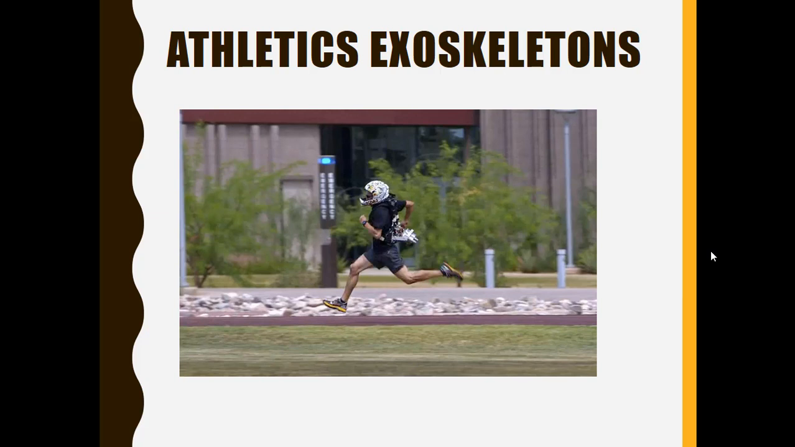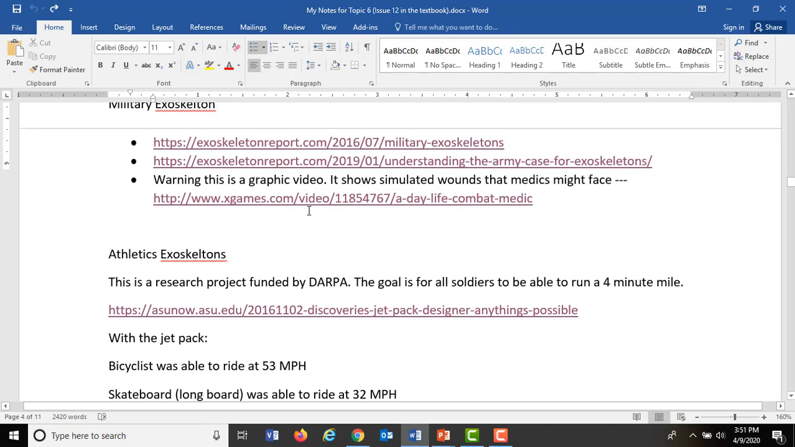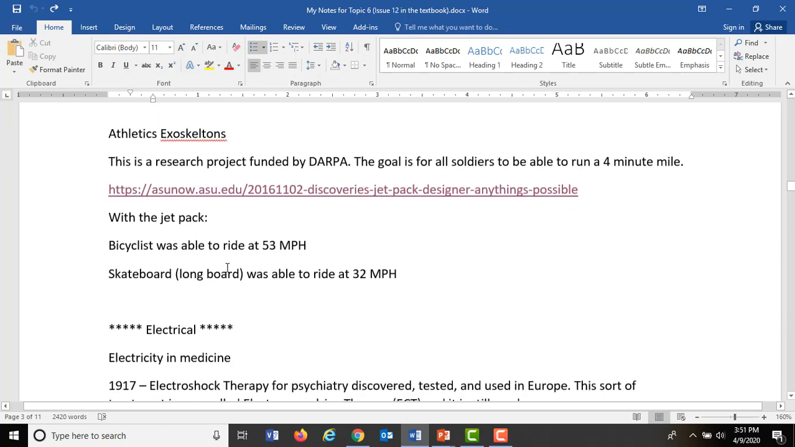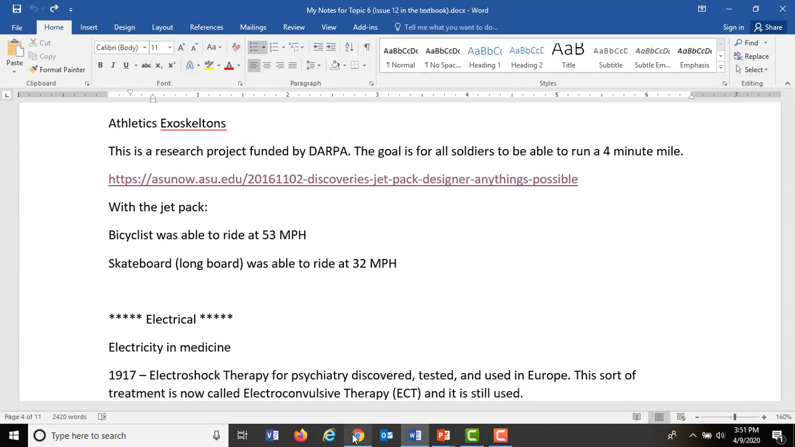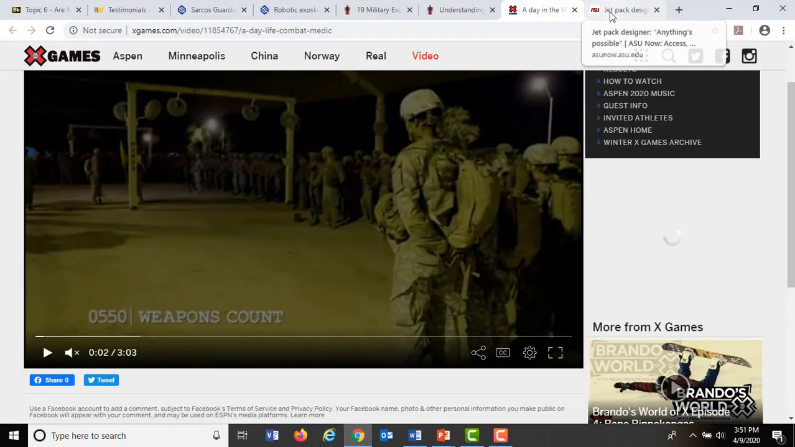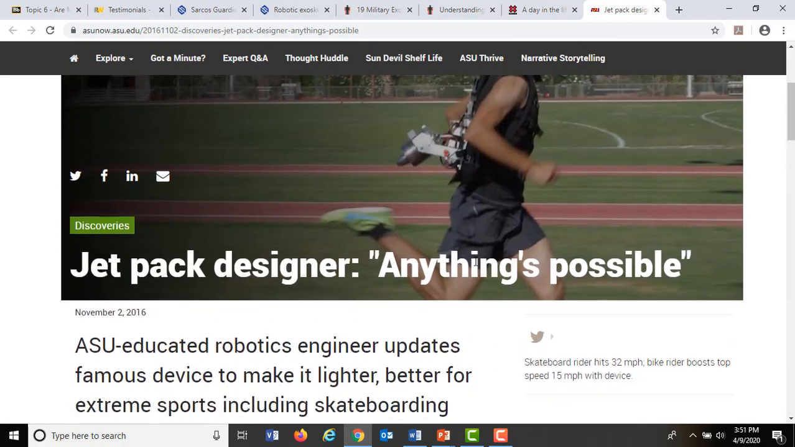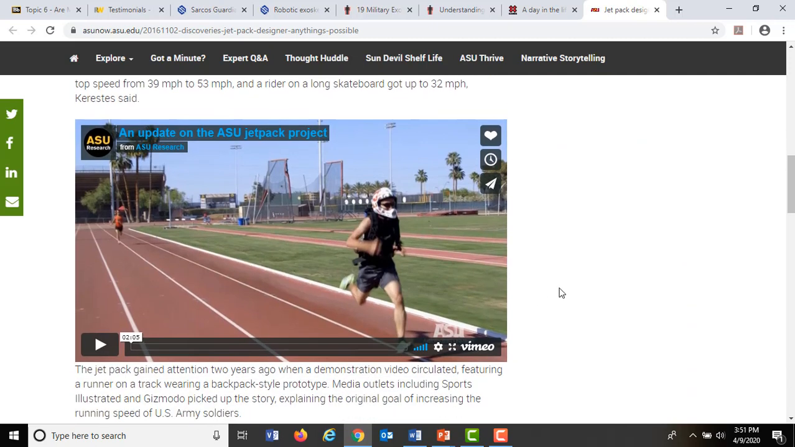I'll pause right here. Okay, so I'm in the notes. This is page 4 of the notes. This is right underneath the military exoskeleton stuff we looked at a second ago. So there's a link here to this Arizona State University story. If you open that page, what it looks like is this. And as you scroll through this information and look at it, and then if you watch this video, what you'll see is